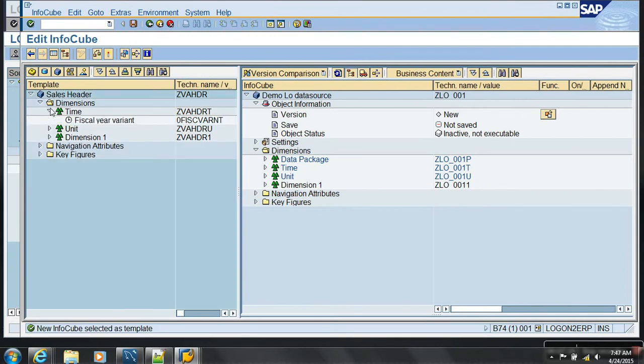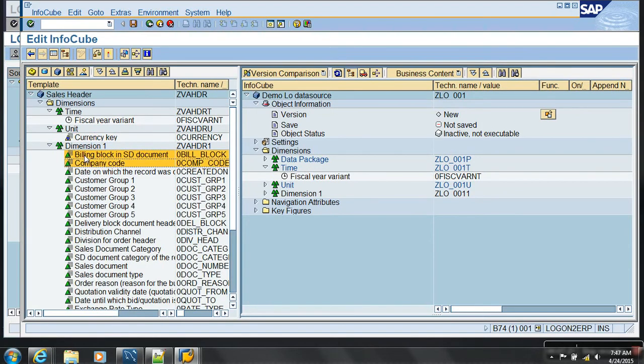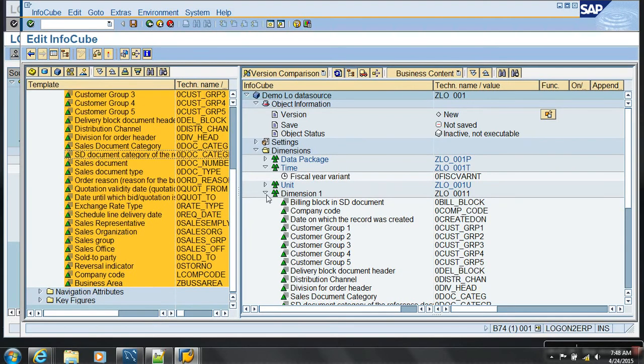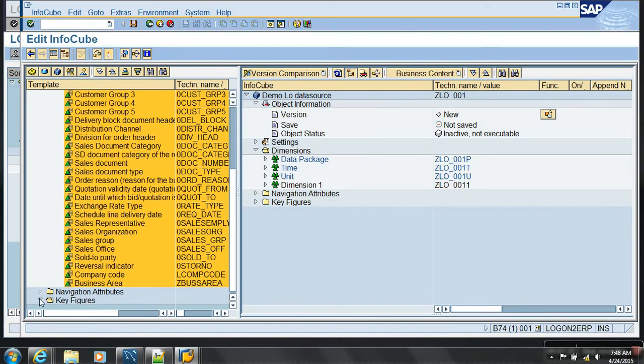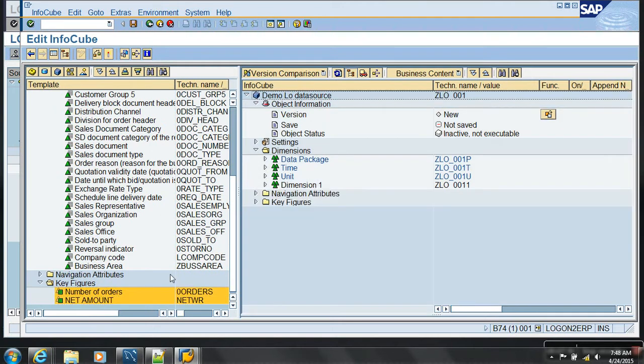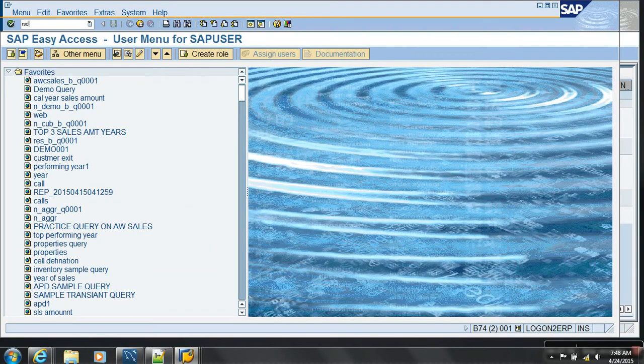I know there is a cube already with all the same info objects that I actually wanted. But I wanted one extra, which is created by, some ERNAM. I will create my info object here.